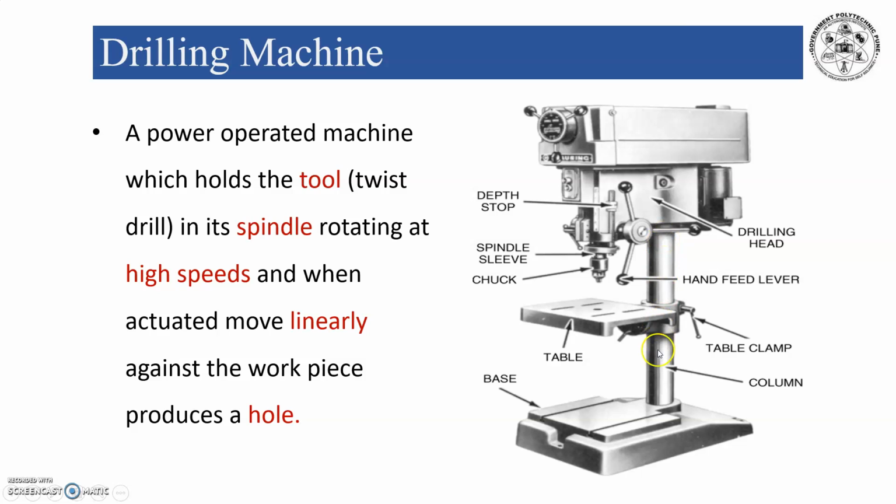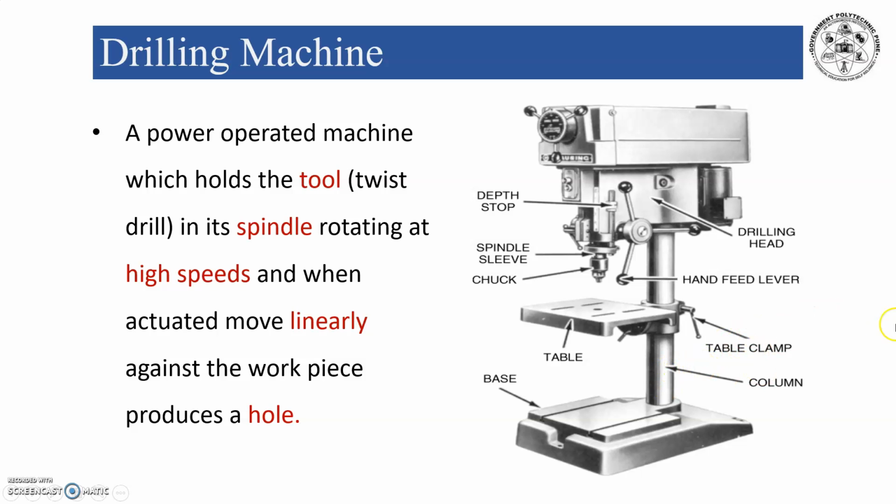Then the second part is the column. This is the vertical member of the machine which supports the table and head containing all the driving mechanisms. The column should be sufficiently rigid so that it can take up the entire cutting pressure of the drill. The column may be box section or round section. The box column is a more rigid unit as compared to the round column section. In some of the round column machines, rack teeth are cut on the face of the column for the vertical movement of the arm and the table.